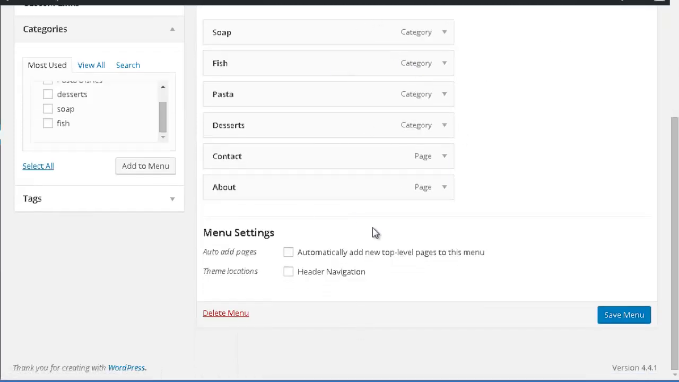Now once you have the navigation bar the way that you want, what you want to do is theme locations. You want to select a section where it will appear on your website. In this case you really don't have many options besides this one, which is header navigation, but with different themes many times you can put it on the footer section of your website and so on. Also this first box, you really don't want to check it. This means that each time you create a new page it will automatically appear on your navigation bar, and that's something that you really don't want to happen. So just press save menu,